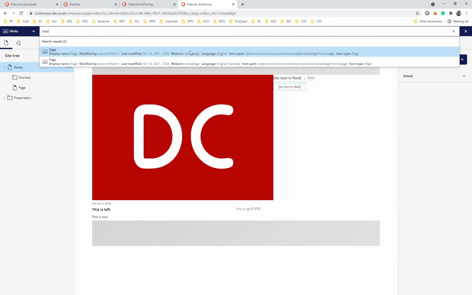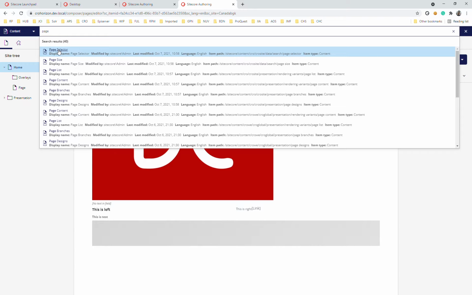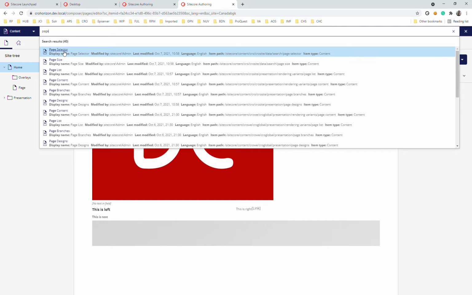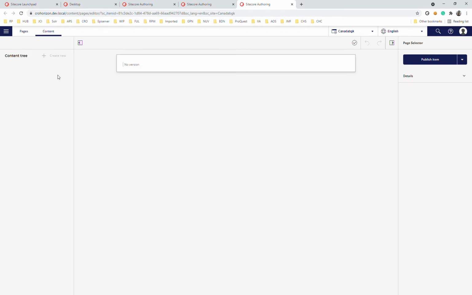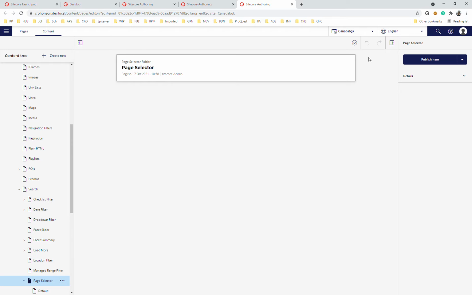If you want to click on any content, you can click here and it will open all the properties of that particular item, expand the tree structure like this one, and you can update your content from this window.